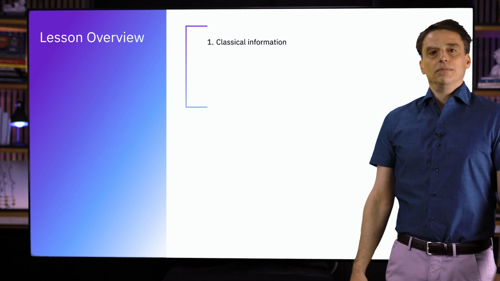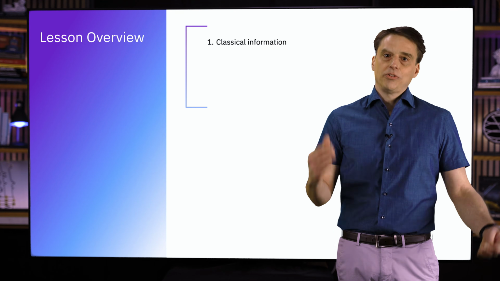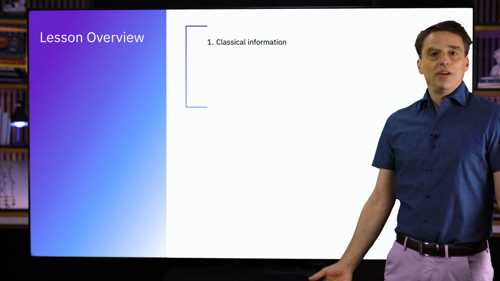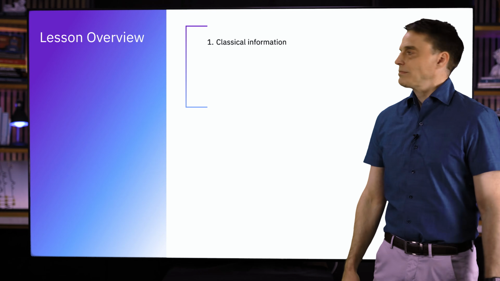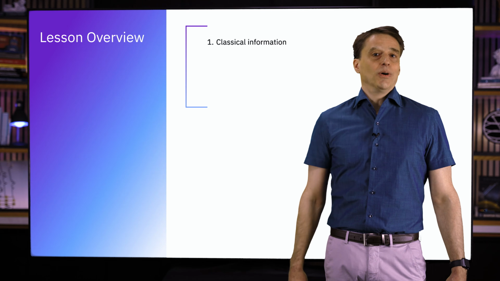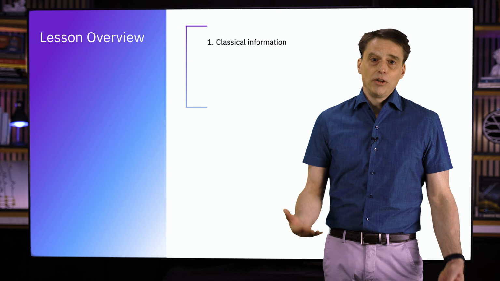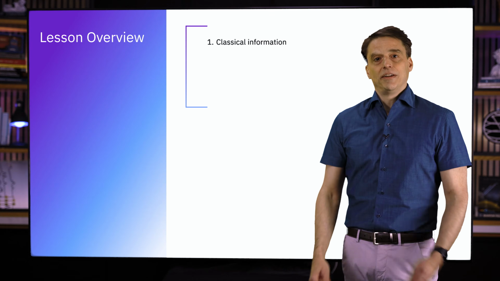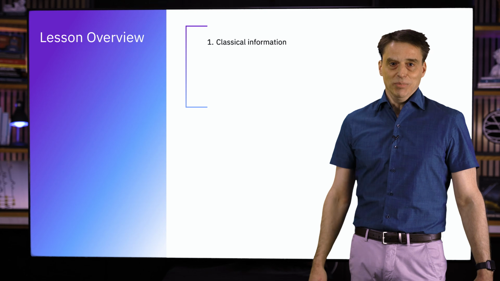At a mathematical level, quantum and classical information actually have pretty similar descriptions, with some key differences, of course. In fact, quantum information really isn't separate from classical information at all. It's an extension of classical information. The fact of the matter is, at least in my view, that you really can't understand quantum information if you don't understand classical information. So, starting with classical information makes sense. I do expect that this content will be familiar to some viewers, but even if you are familiar with it, I don't recommend that you skip it.